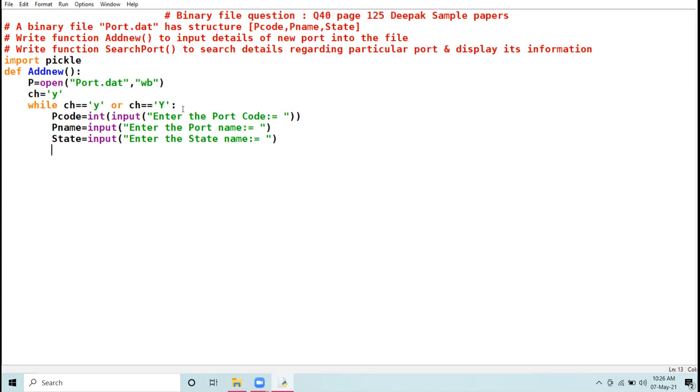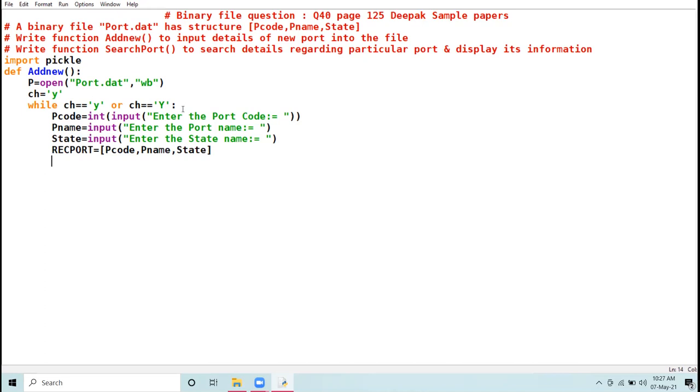Now, after inputting the relevant fields, I will create the sequence. And the sequence which I'm going to create is of type structure. RECport equal to pcode, comma pname, comma state.